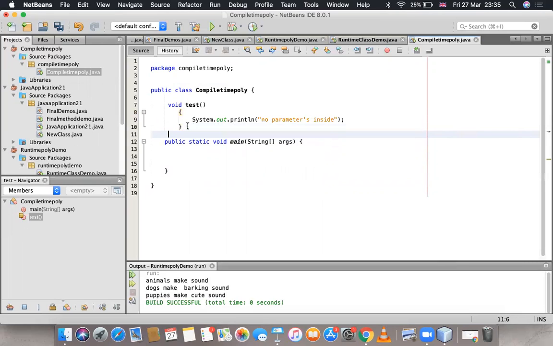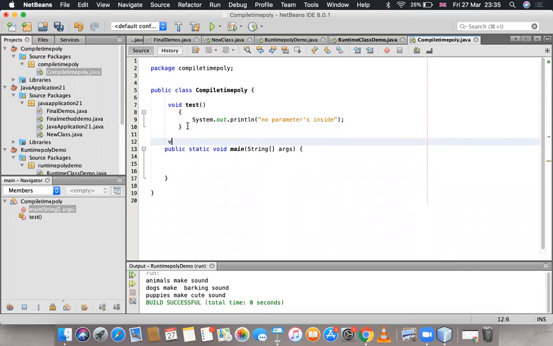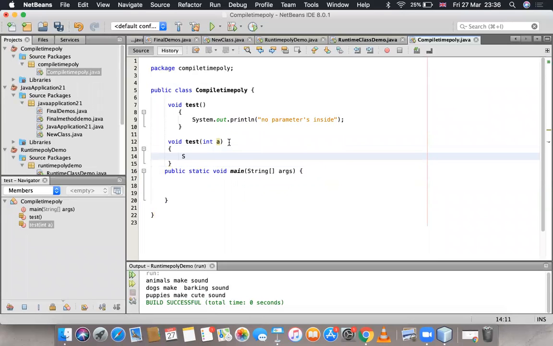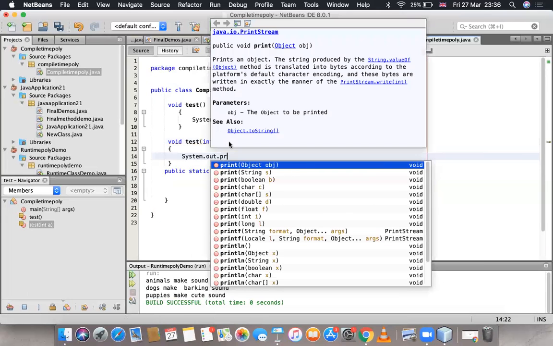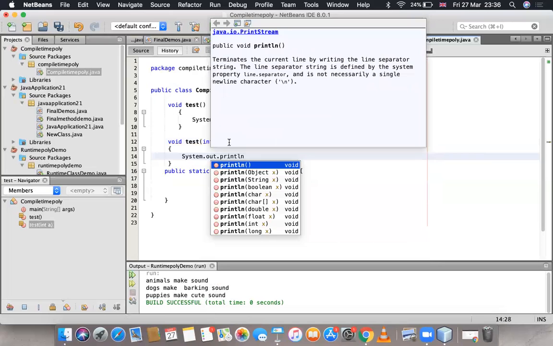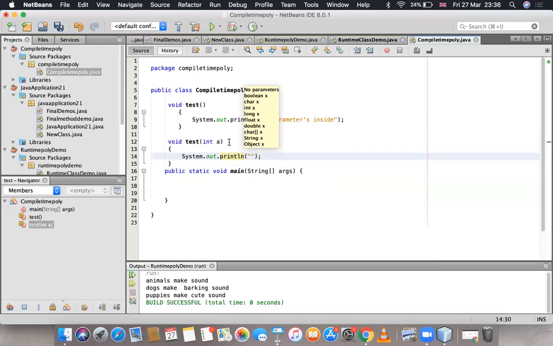And then I'm writing one more method. I'm going to overload one more method like void test(int a), and then System.out.println, the value of a is equal to plus a.